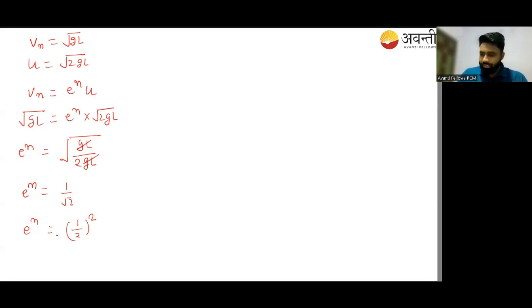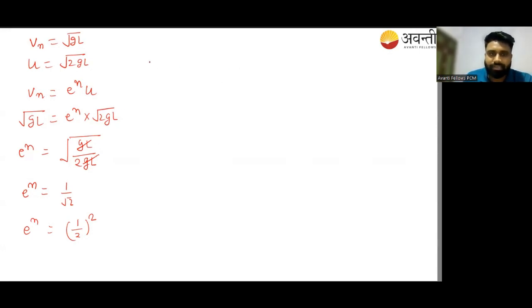So here in this question, what you are going to do is apply the logarithm. We are trying to calculate, so we are taking the log on both sides. So when we take the log,